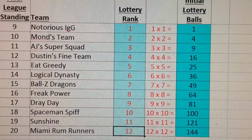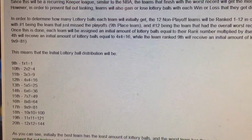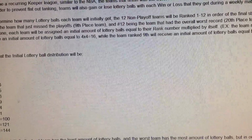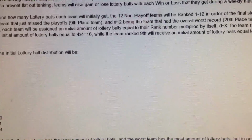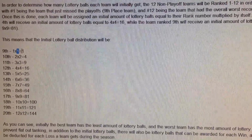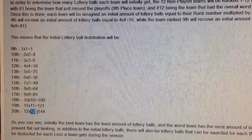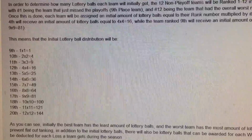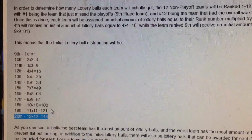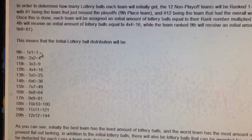And what we are going to do, if we go back, says in order to determine how many lottery balls each team will initially get, the 12 non-playoff teams will get lottery balls based on their lottery ranking. So if you are the first ranked team, which is Notorious IGG, you have a ranking of 1, multiply by itself, you'll get 1. If you are Miami Rum Runners, you'll have a lottery rank of 12, multiply by 12, so you'll get 144. This basically creates a weighted lottery that rewards the worst team by giving them initially the most lottery balls, which is 144, and the best team that barely missed the playoffs has the smallest chance. However,